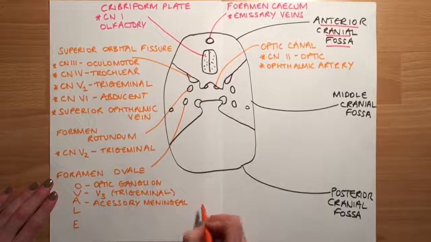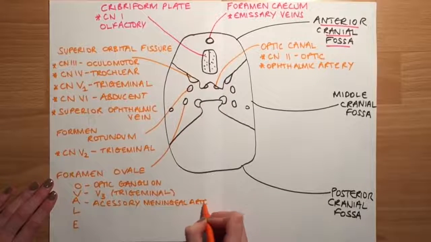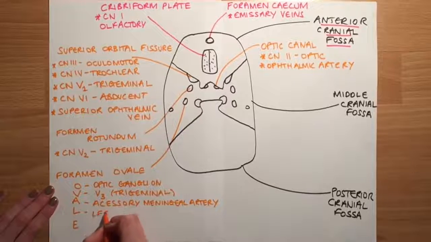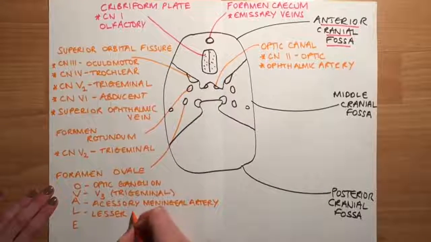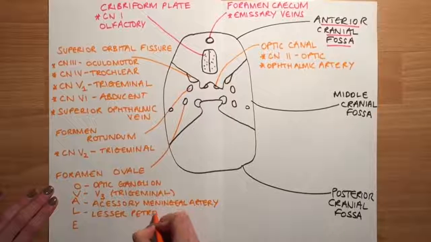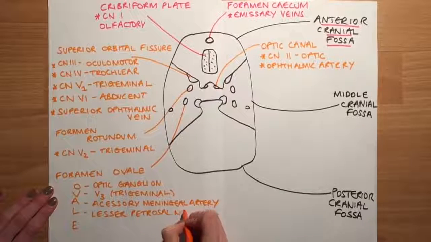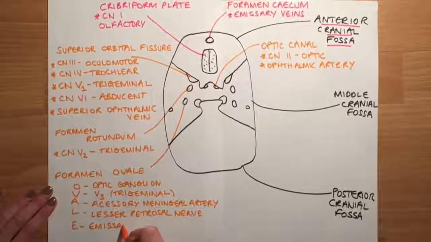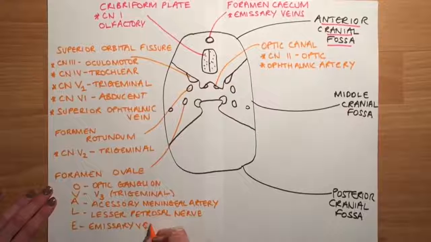And then next you have L, which stands for the lesser petrosal nerve, which is actually a branch of the glossopharyngeal nerve. And then you have E, which stands for emissary veins. Now, it can be quite complicated